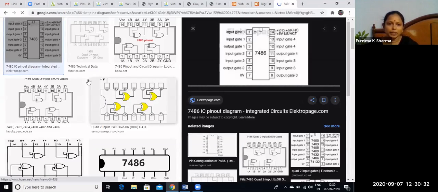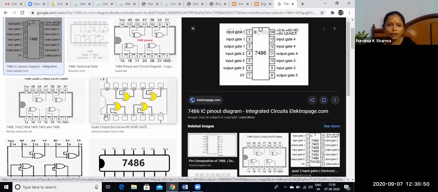You can observe from here. This is 7486 IC. In this IC, the 7th pin will connect to the ground, and the 14th pin will connect to VCC. Okay, you can connect the XOR gate like this. 1, 2 input to the 1st XOR gate, 3 is the output. 4, 5 input to the XOR gate, and 6 is the output. That means 2 XOR gates you can connect this side.